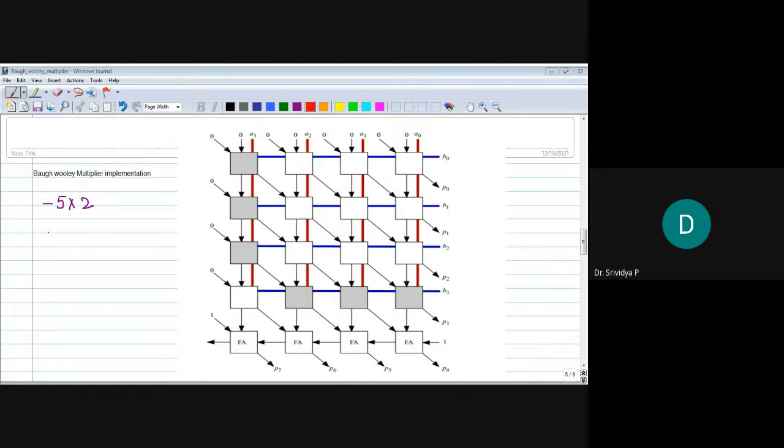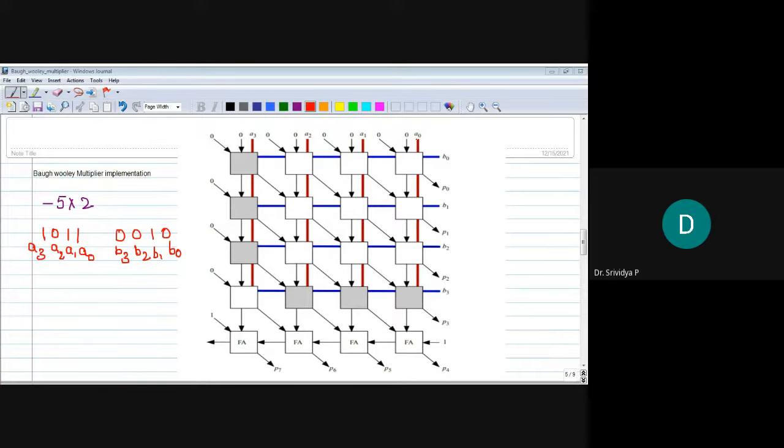Let my -5 be 1, 0, 1, 1 and 2 be 0, 0, 1, 0. Let me consider this as A3, A2, A1, A0, and this as B3, B2, B1 and B0.